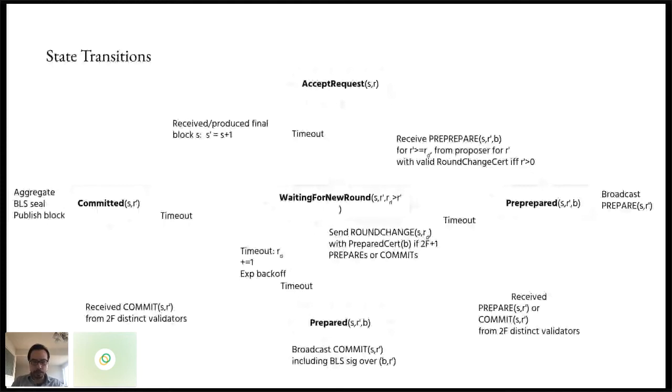But again, don't go too much into detail here. So for example, all validators will start in this accept request state, and then based on certain events they would transition to different states. And then they will all eventually go into this committed state, and that is when the block is actually finalized.